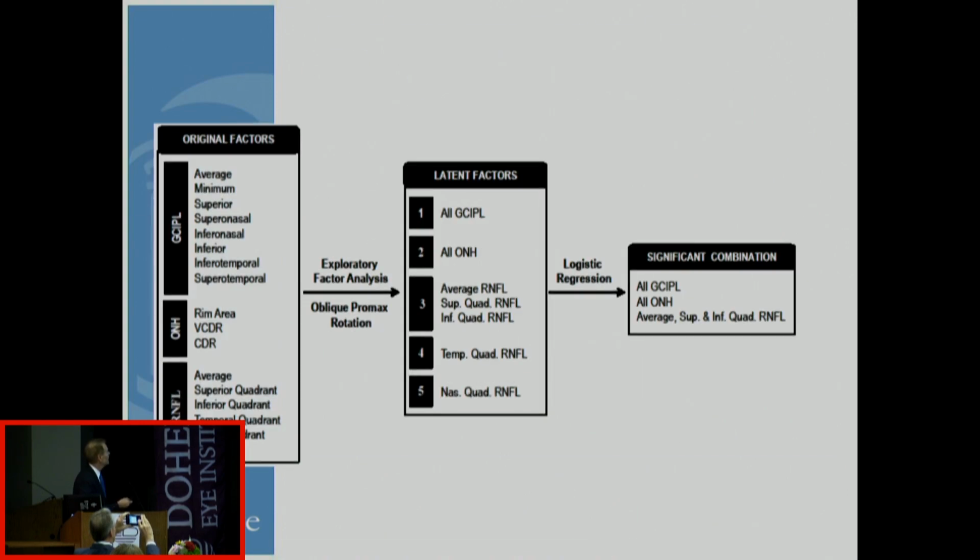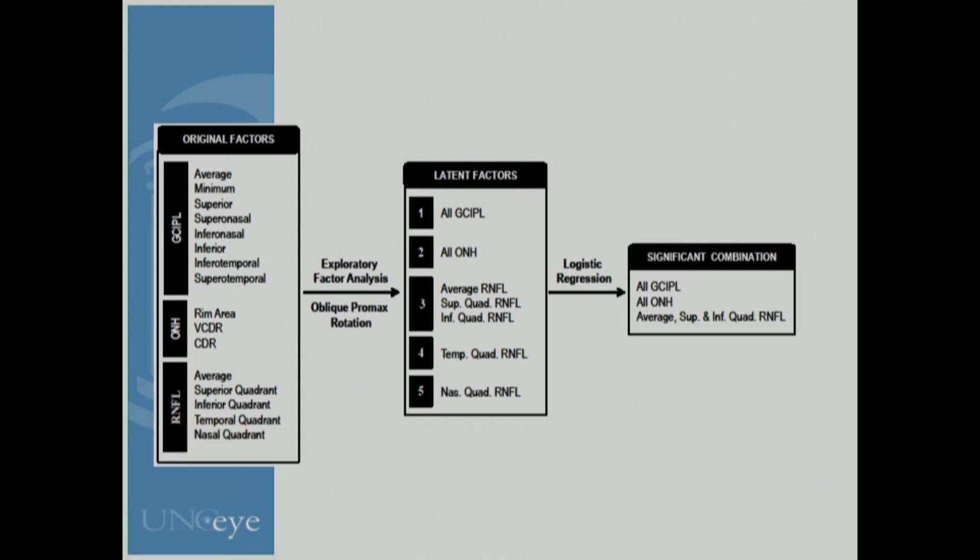And so what that looks like graphically is taking all 17 numbers that we get and doing Bayesian analysis that sorts out in groups of factors what are the same, which is all GCIPL parameters, all optic nerve head parameters, and these 3 retinal nerve fiber layer parameters, and then these 2 that sort of sit apart, and then put those factors into a logistic regression now that we've put them down into 5 categories without giving any information to the machine classifier, and put them through logistic regression to come up with a single number or probability that